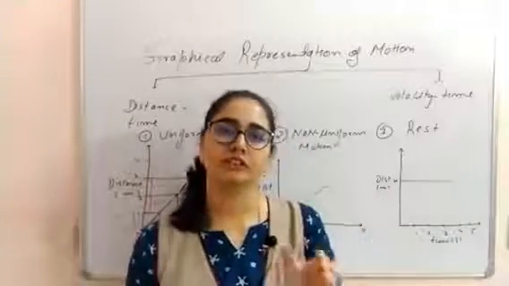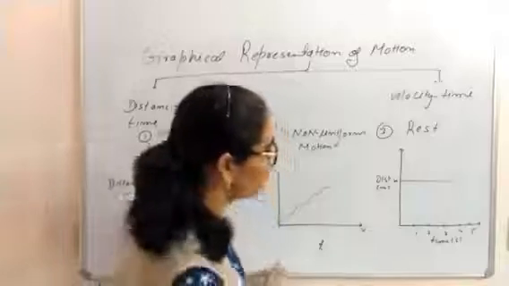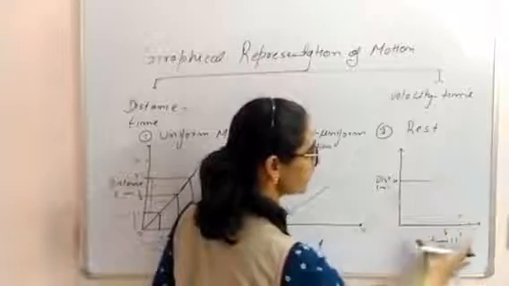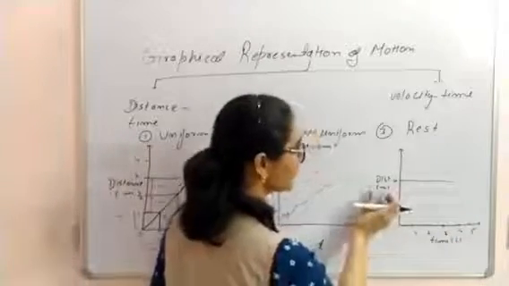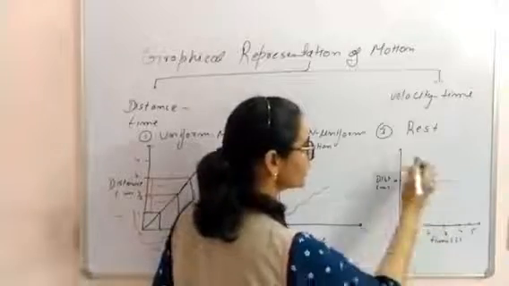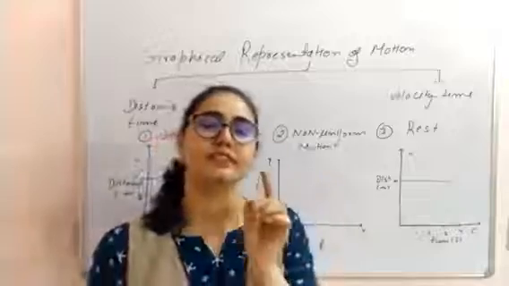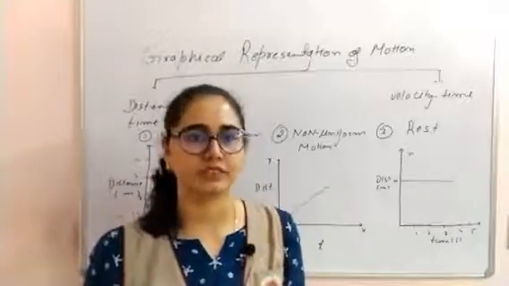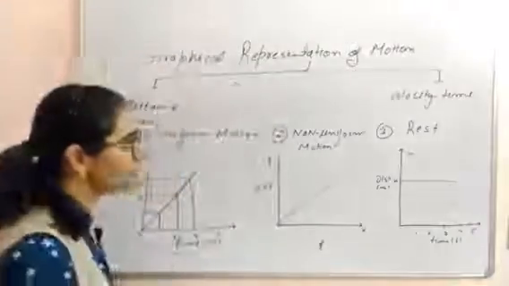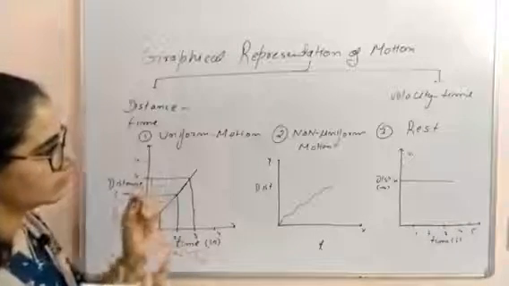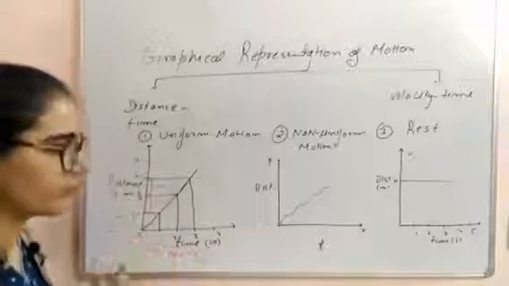As we increase time with any time interval, the position of the car is not changing. So in such a type of graph, what we are getting is a line which is parallel to the time axis. If you are getting a DT graph in which the graph is parallel to the time axis, that means your object is at rest. Clear? ठीक है?